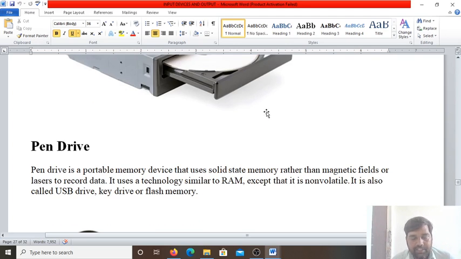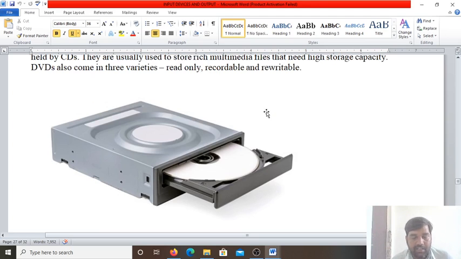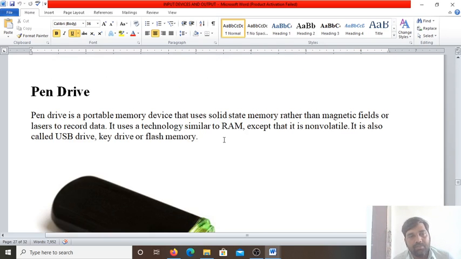So in DVD-R you can record data only once. In DVD-RW you can erase and record the data many times. And DVD-R and DVD-RW have two additional formats, which are plus and minus. For example, DVD minus R and DVD plus R. A DVD player can also play audio CDs and video CDs. So DVD can play both audio CD and video CD.